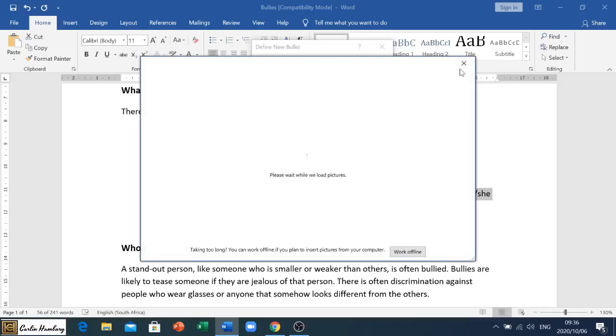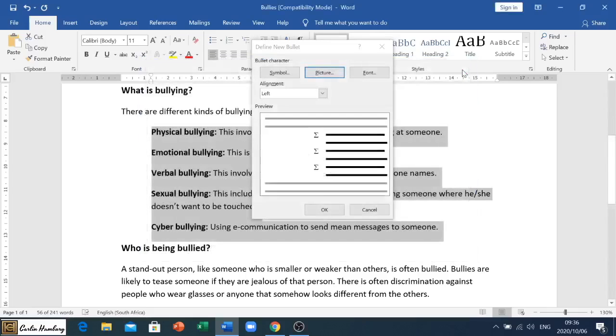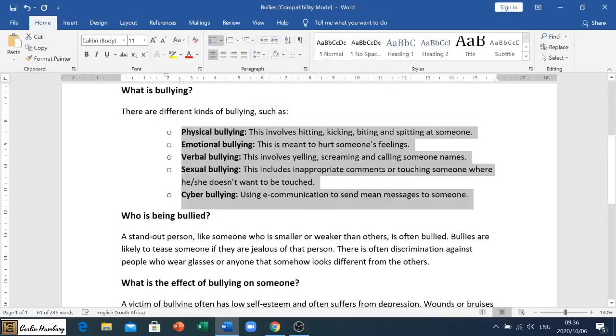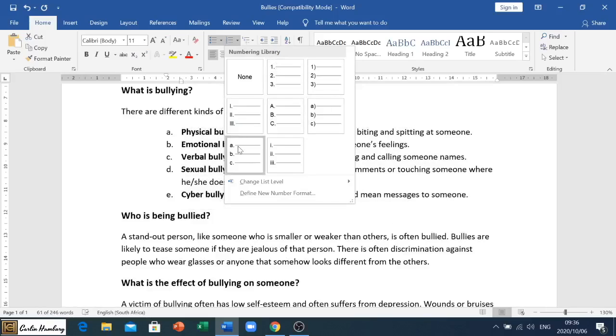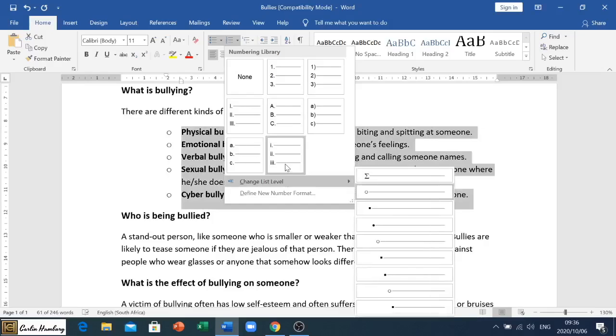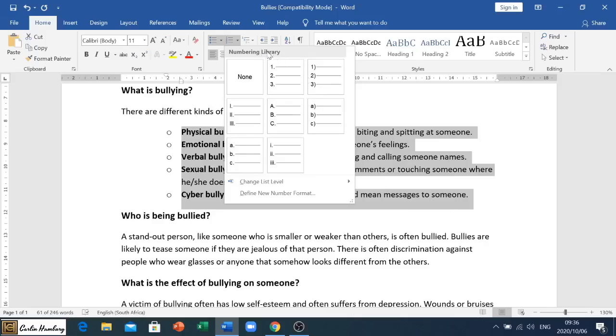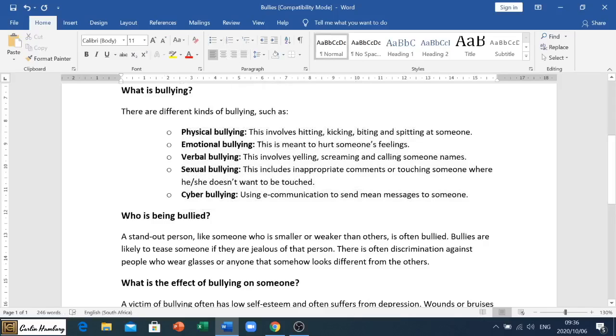If they want a picture, for example, then this is where you'll go and you can change the font and the alignment and all of that. So one of the things they do generally ask is to insert bullets, but I know with grade 11 they want you to insert the bullets and make it a picture. Okay, so you'll see if I click OK, there I have my bullets. You can also do numbering. Again, this will depend on what they ask you to do, but these are generally the options that you have there in terms of